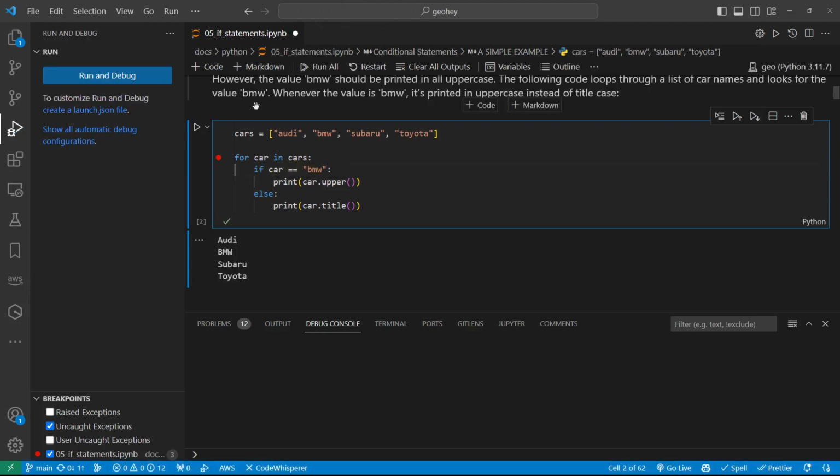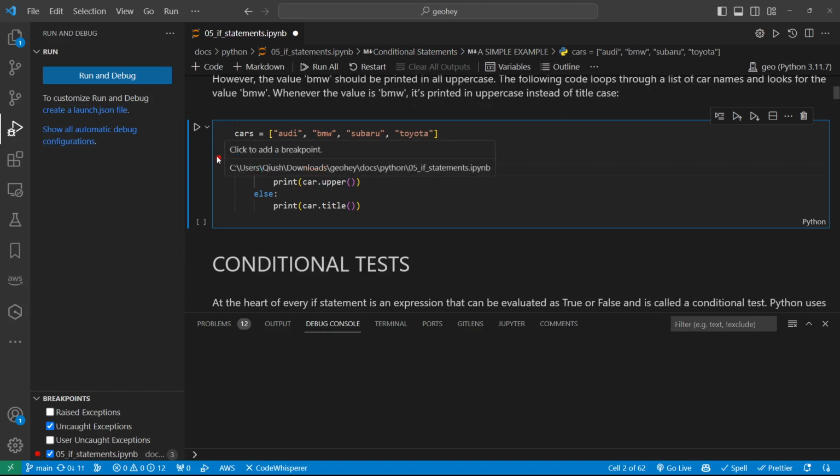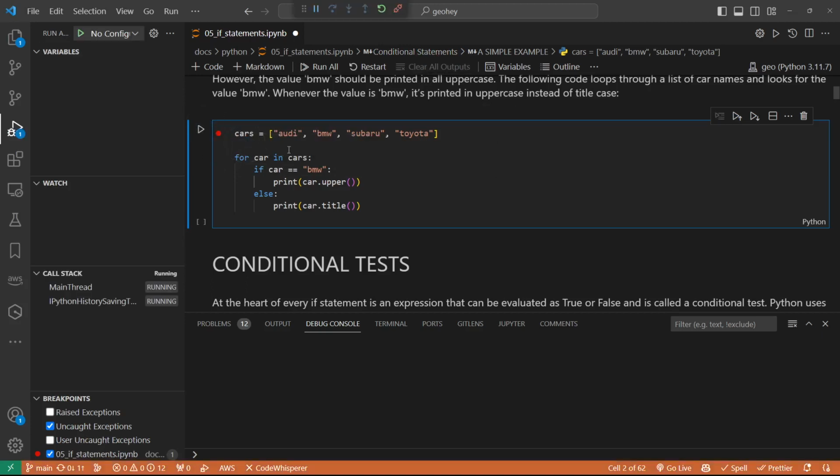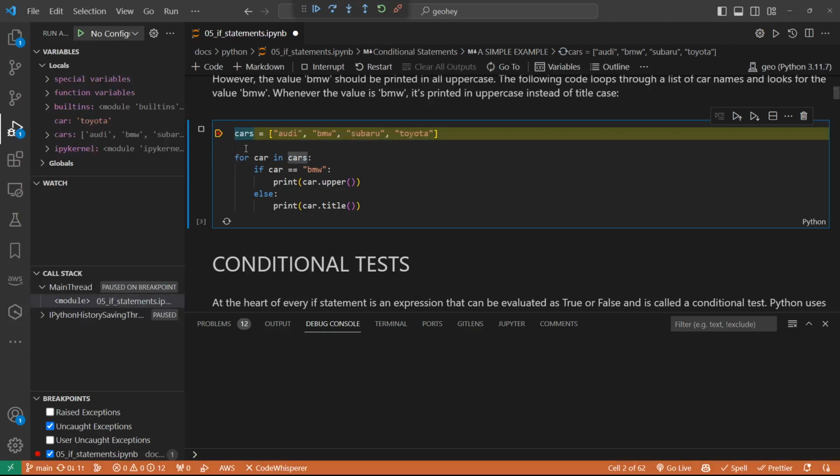Like this. Here output. Let me put this one here just to better explain what it's doing. So I want to put in the first line, and then I'm going to start debugging. So I want to start from the very beginning. So when I put my lines in here,